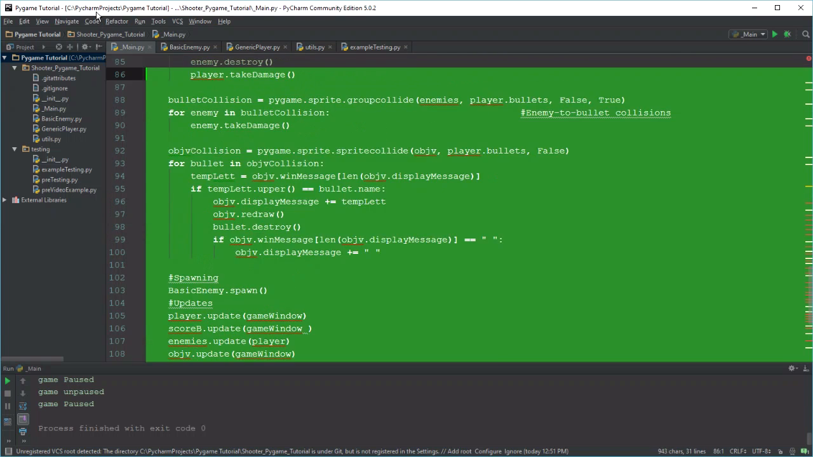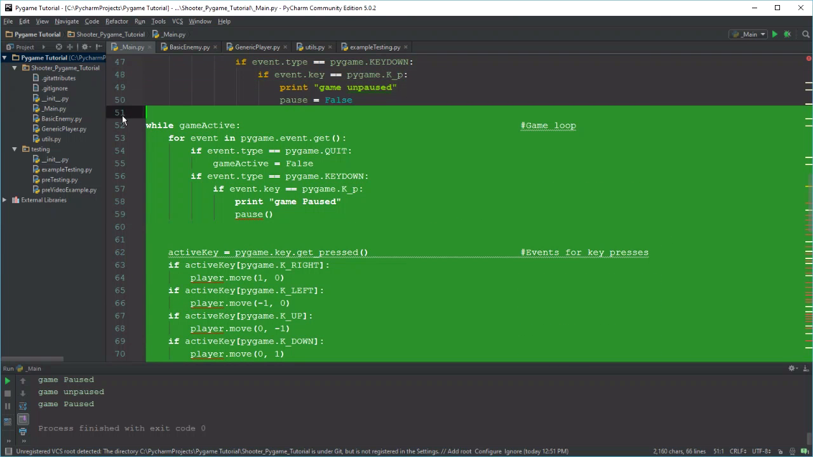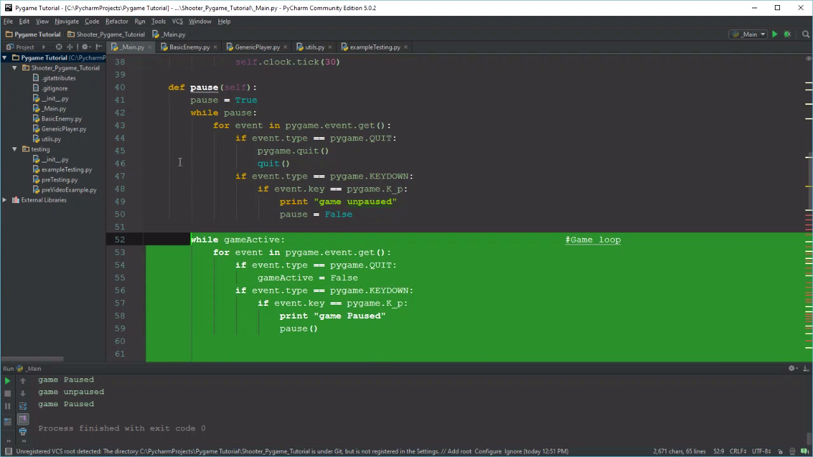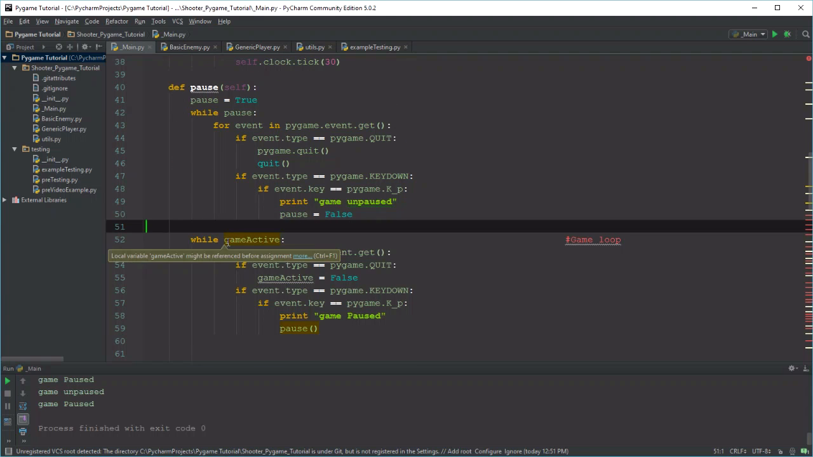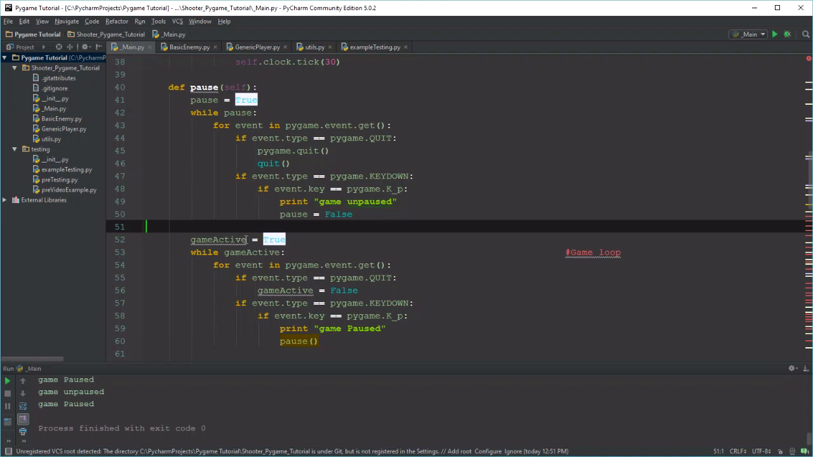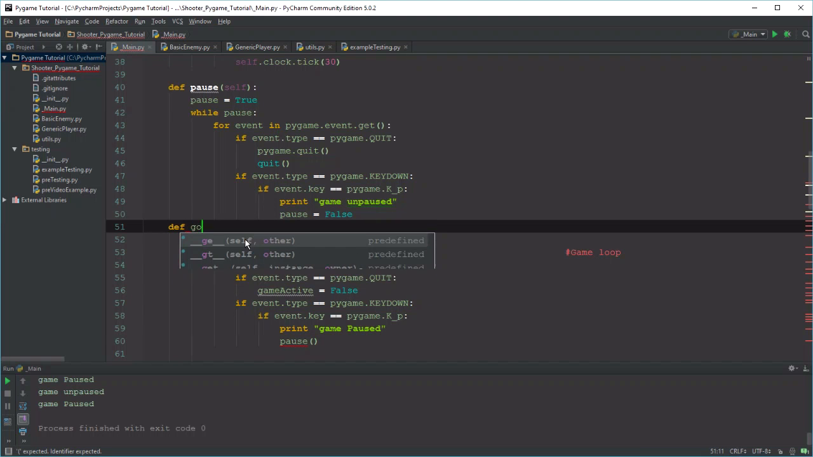So we're going to take the whole thing, tab it over twice, I believe. Yep, twice is what we need for this. We need to say game active equals true. And then tabbed over once, we need to define go to